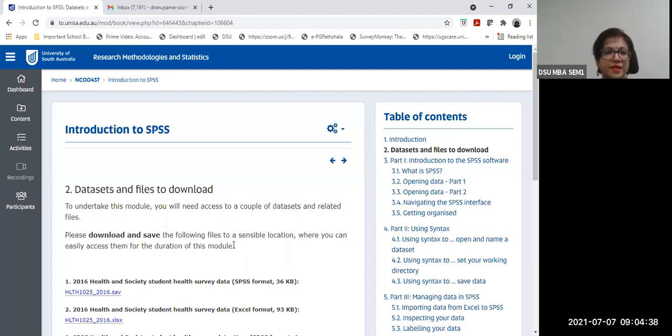Right now, what you're seeing is the online real-time access to the site mentioned, right from creating the data set. There are some sample data sets there which I used. The same data sets I have downloaded for the Excel version, as well as the SPSS version of the file, and put up on the LMS.